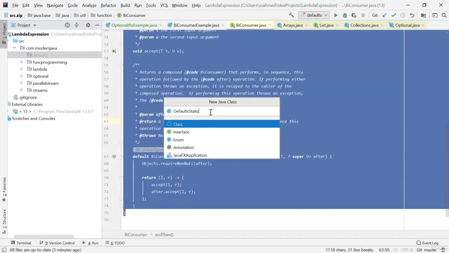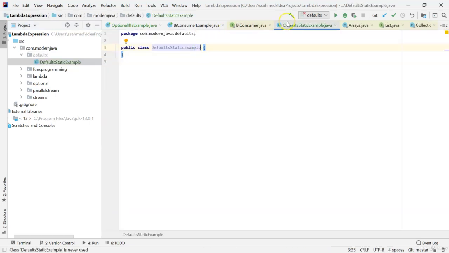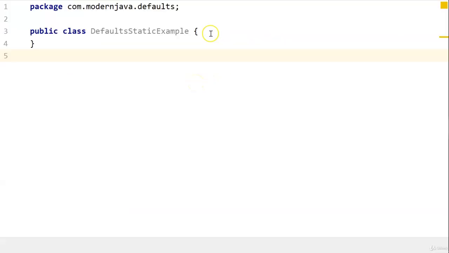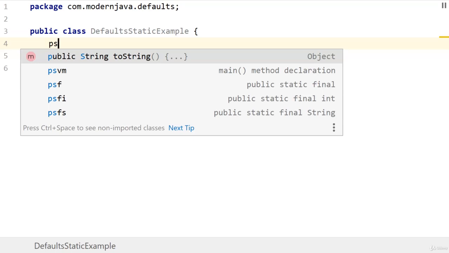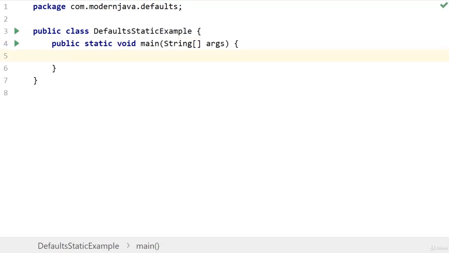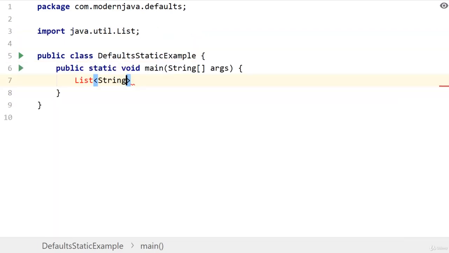static method or default static example. And let's create a new class, public static void main. So inside the public static void main, we'll be creating a list of string. So list of string names is equal to